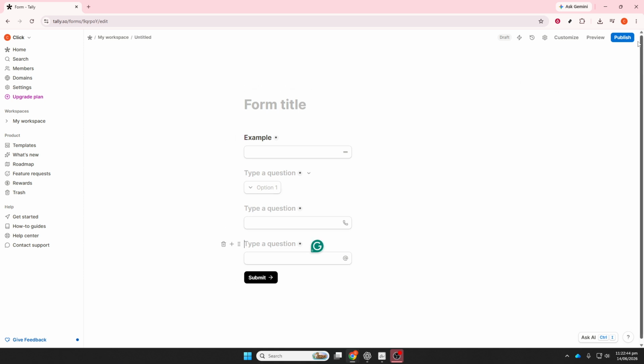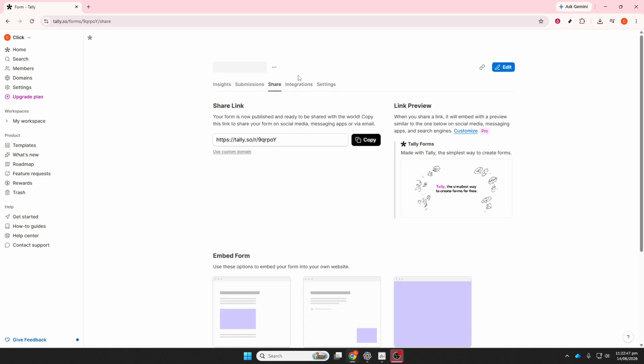If needed, you can also build more advanced conditions. For example, if the role is business owner, you can tell Tally to show a business name field and a number of employees field. This is useful when different answers should lead to different follow-up questions, creating a cleaner and